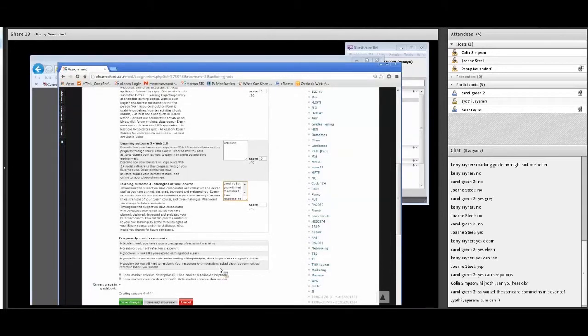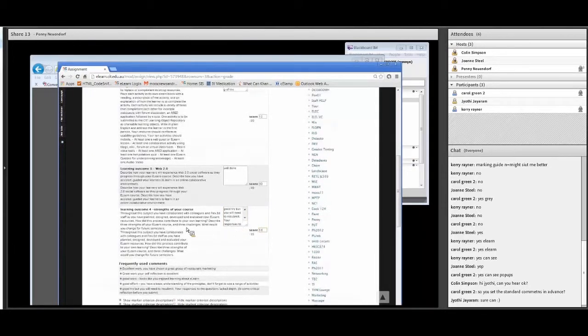And I've actually been a bit nasty there. Your response to the question lacked depth. Do some critical reflection before you submit. Ouch, that's a bit of a hard lesson to learn. So let's give them a 10. So you can see that it's really easy once you've actually set it up and done all that thinking to